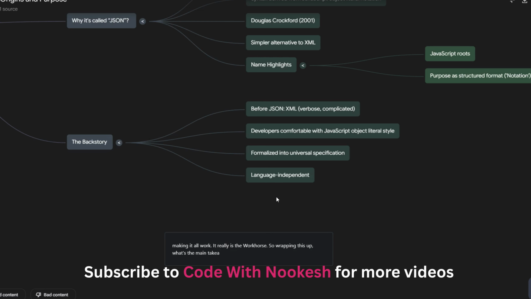So wrapping this up, what's the main takeaway here? For me, JSON's beauty is its sheer simplicity, taking an intuitive idea from programming and turning it into this universal data language. Absolutely. It's quite something how this human-readable format, born from just observing how people coded, became the standard way data moves around. It's silently running so much of your digital life. So maybe next time information just appears on your screen instantly, give a little nod to JSON, the elegant digital language likely working behind the scenes.